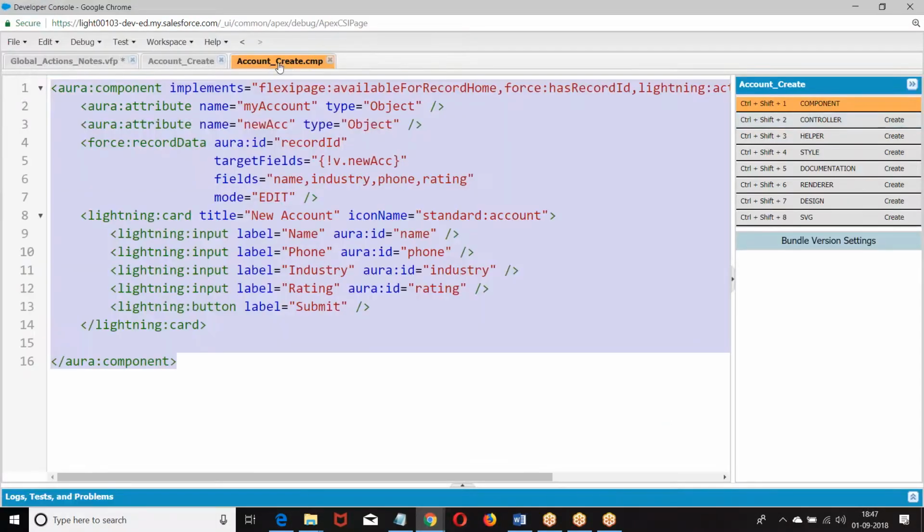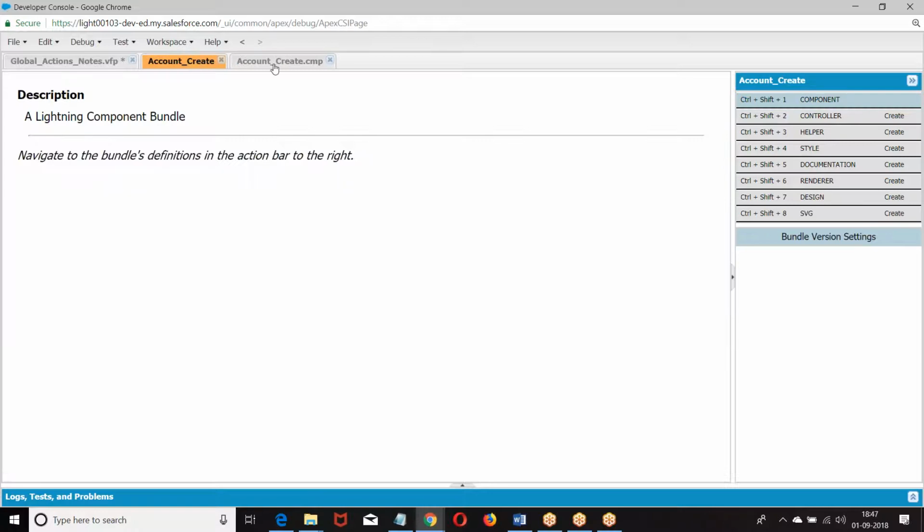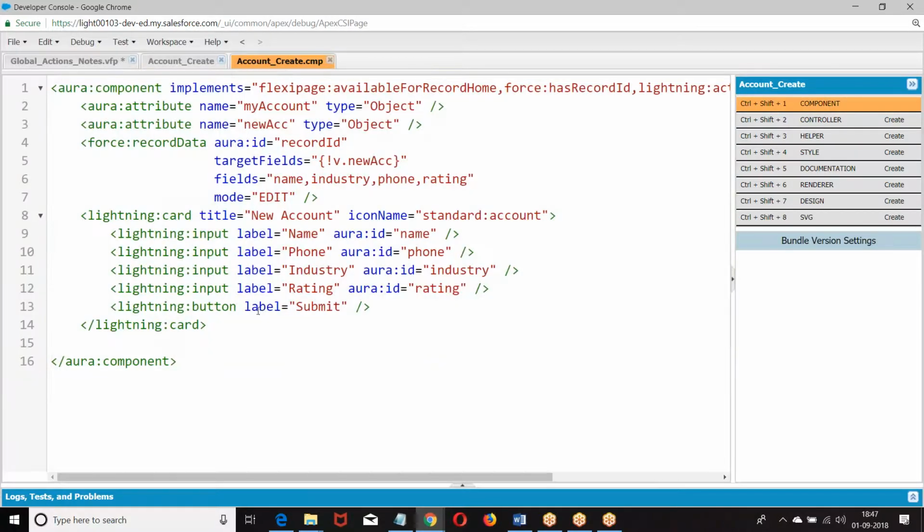So let me go back. We got a button here, submit. Controller.